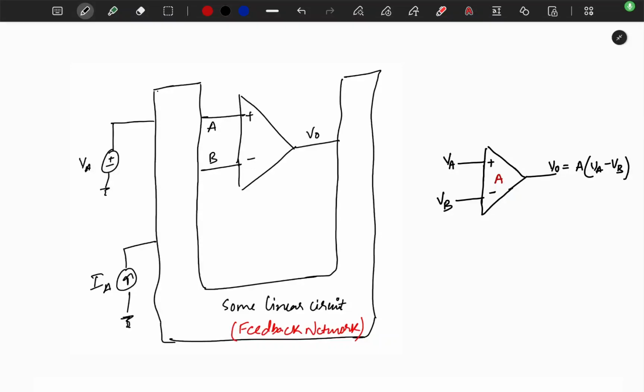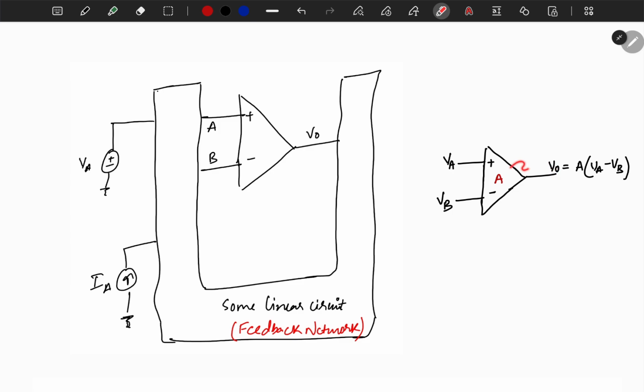Today we will see a generalized method to find in which type of feedback an op-amp is. An op-amp falls under a category of amplifiers called differential amplifiers. You must already know that a normal op-amp is like this. The reason it is called a differential amplifier is because it amplifies the difference between the two terminals of an